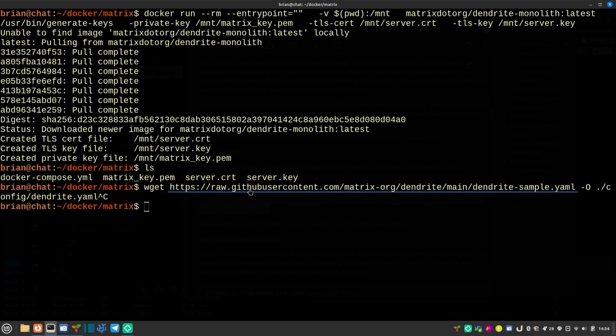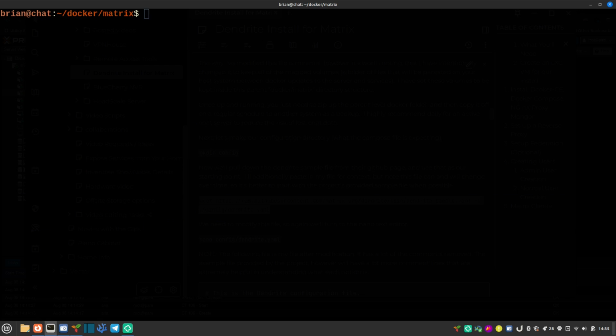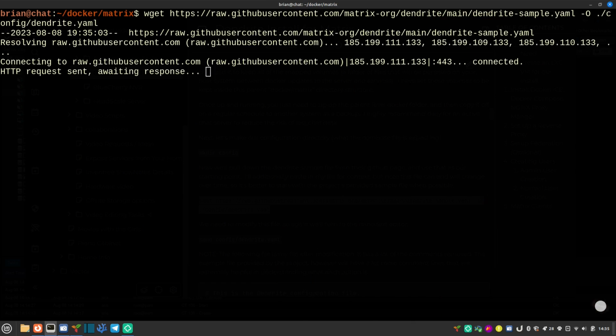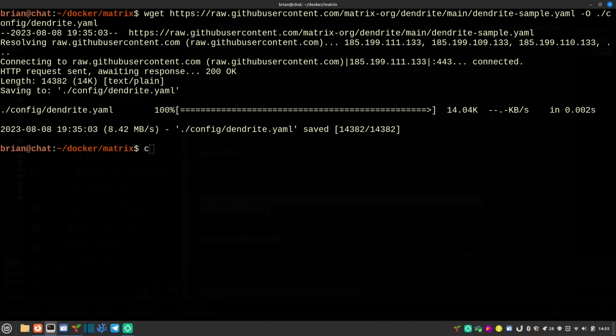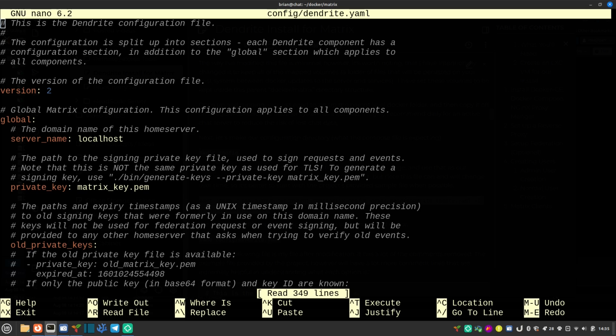You can use Control-C to jump out of that command. So I'm going to say mkdir config. I'm going to correct my spelling with mv, C-O-N-I-F-G to C-O-N-F-I-G, config, so it'll be spelled correctly. I'm going to clear out the terminal, paste in the command we need, and just run it. Now if I do nano config/dendrite.yaml, you'll see that it's there,